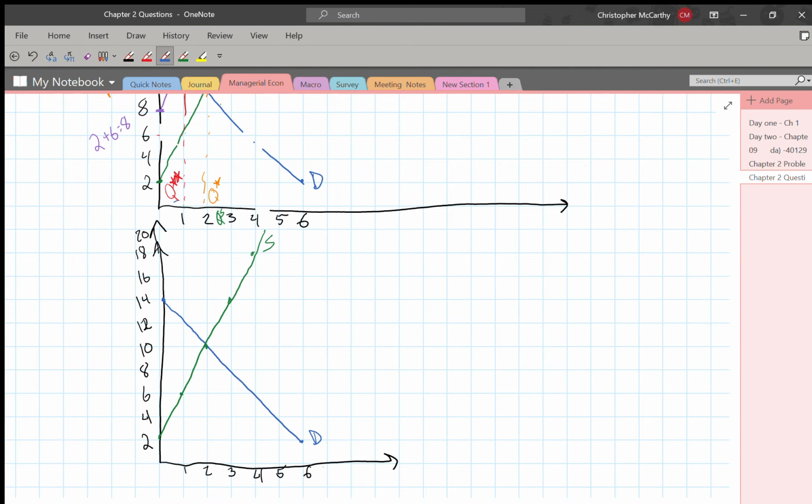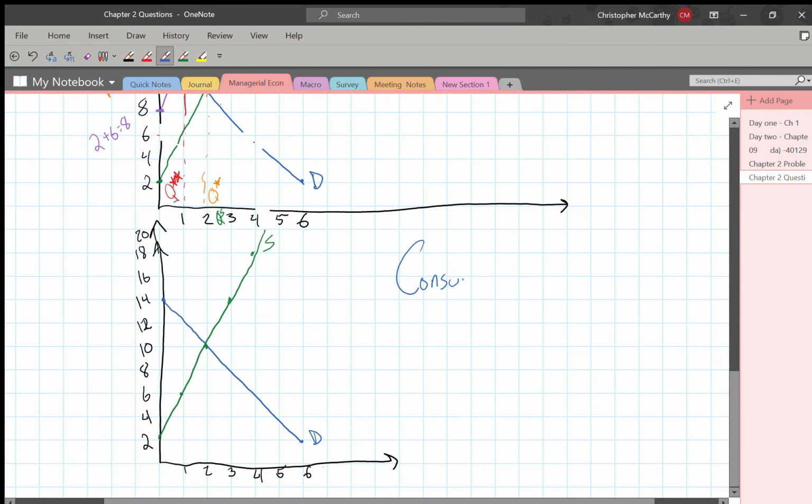So consumer surplus is defined as all of the extra utility